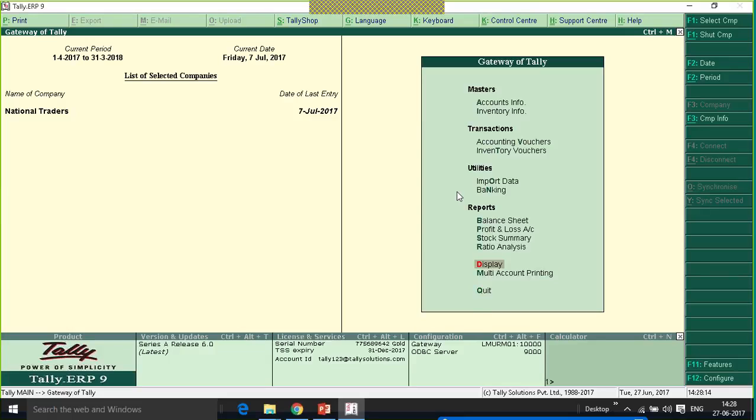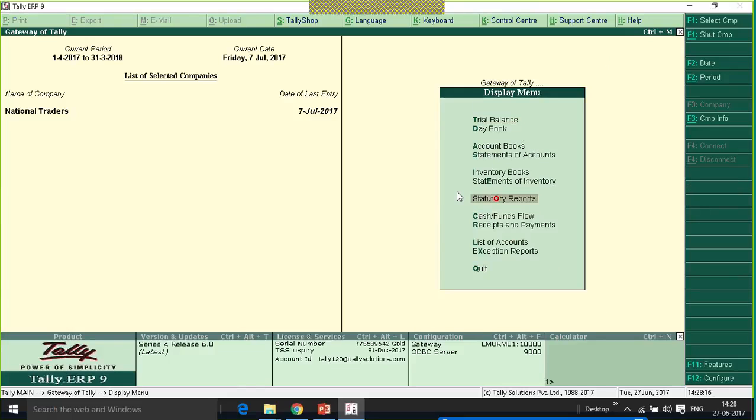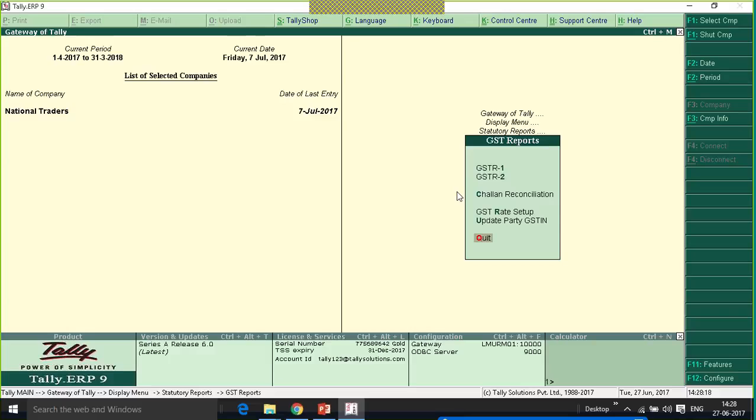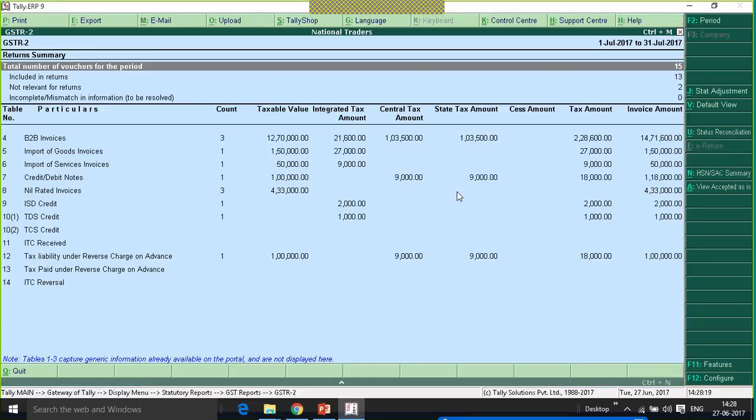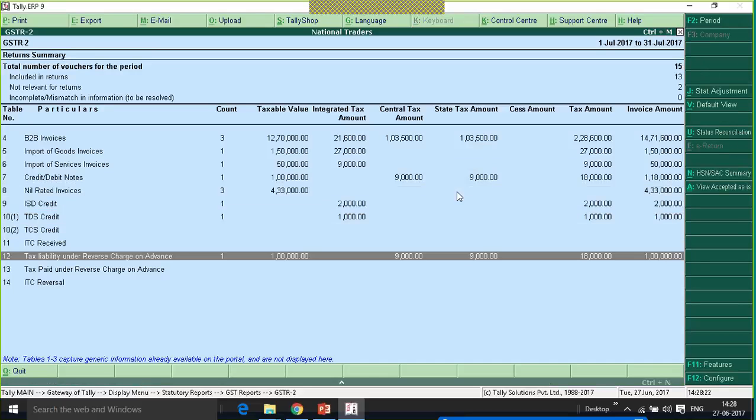Now when I navigate to GSTR2, the advance payment made to the unregistered dealer under reverse charge will get captured against tax liability under reverse charge on advance. The values are inferred from the advance payment details screen.